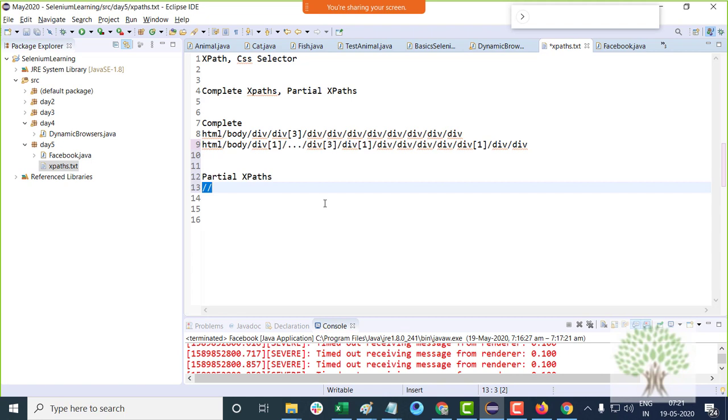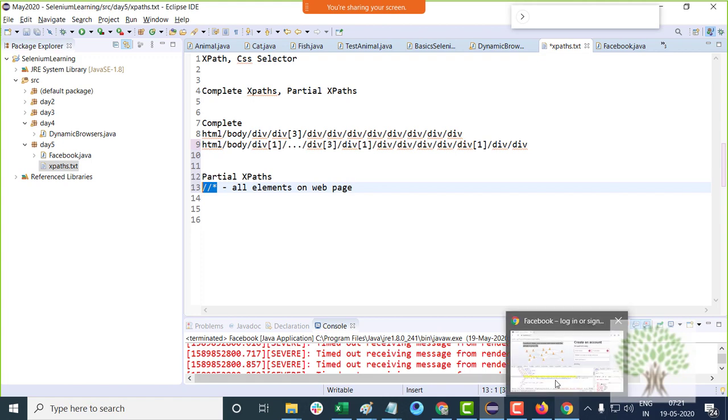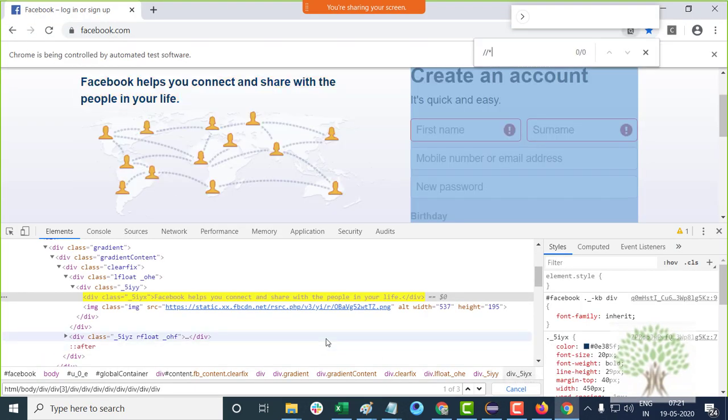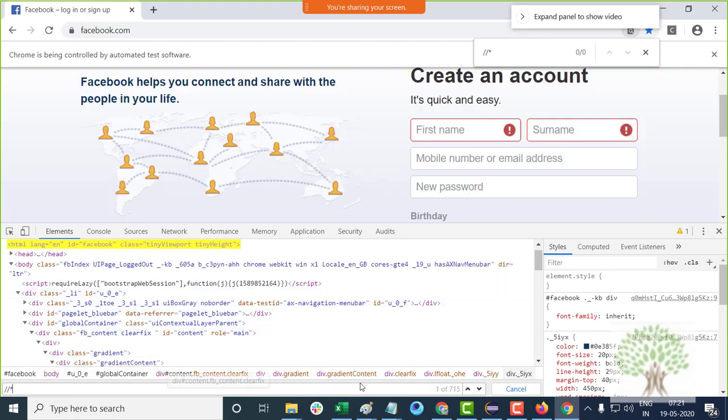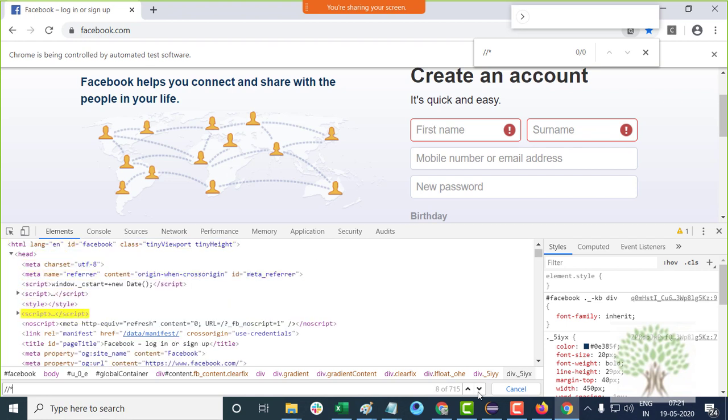For example, double slash star represents all the elements on a web page. If I copy this and paste it, it says 1 out of 715, so there are 715 elements on the web page.